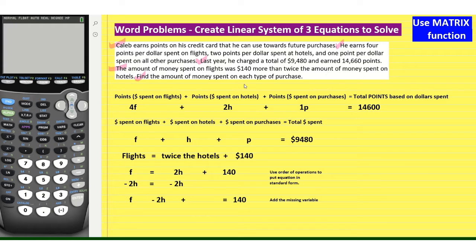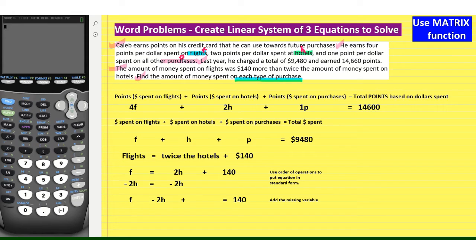Okay, so it's significant that it talks about each type of purchase. That is actually going to help us define our variables. Well, what kind of purchases did he purchase? He purchased flights, and he also purchased hotels, and he also purchased other things, other purchases. So those are our three variables that we're going to use. I like to use variables that are meaningful to me. You can use X, Y, and Z if you would like, but I'm going to use F and H and